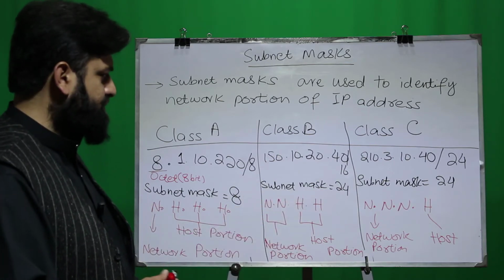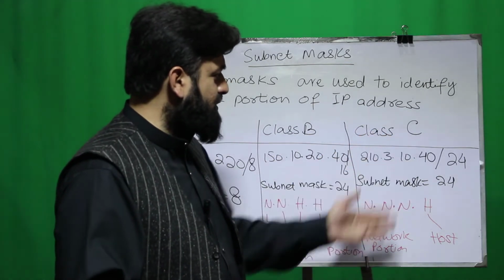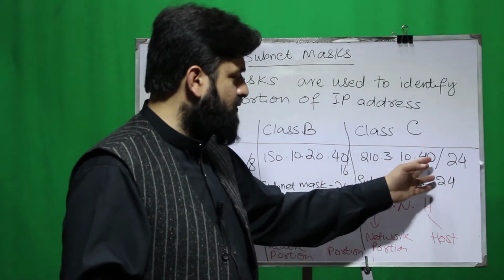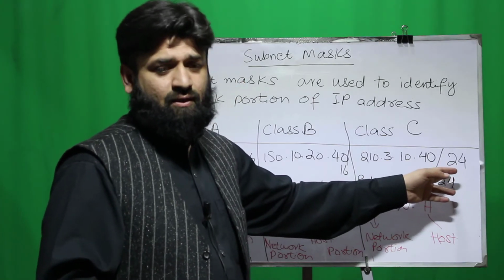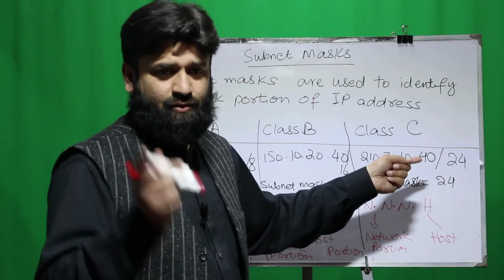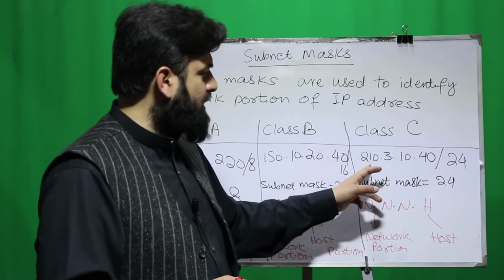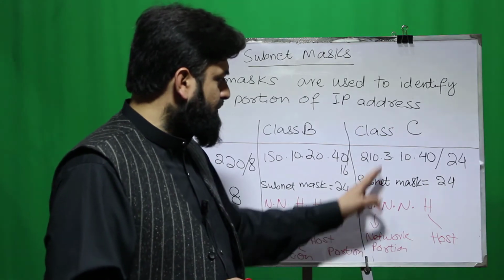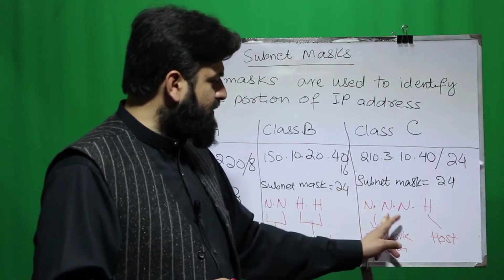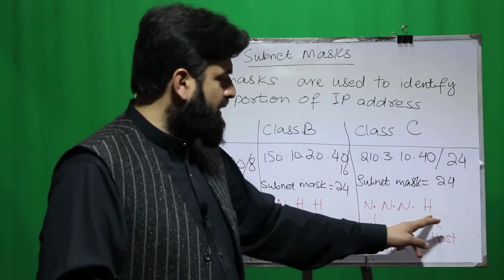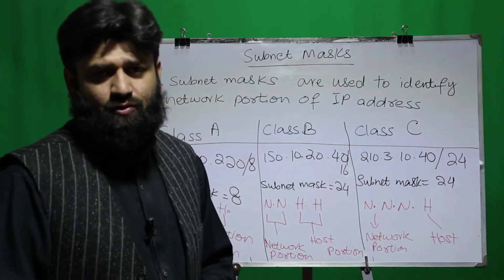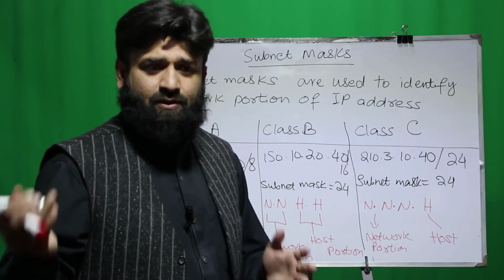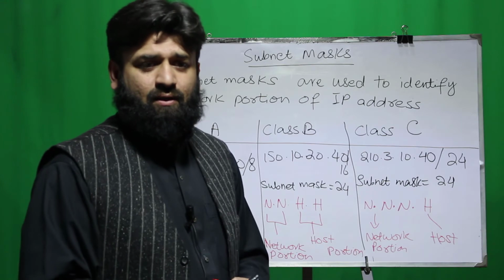devices of your network. So coming to class C, we have the same scenario. We have an IP address 210.3.10.40/24, which shows that 24 bits are network, which are the first 3 octets of the IP address. That's why in class C we have the first 3 octets as the network address and the last one as the host portion. That will be assigned to the underlying devices of the network, like an IP-based printer, computer, IP-based cameras,